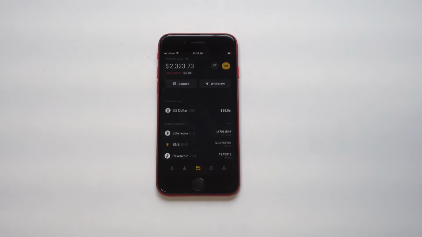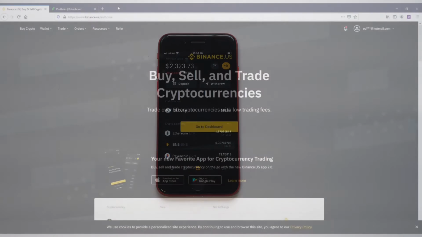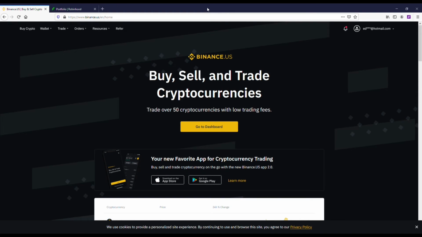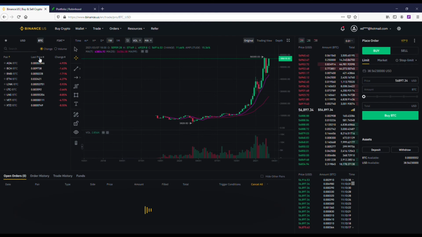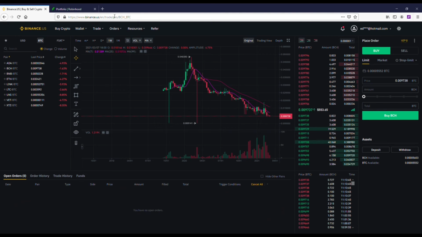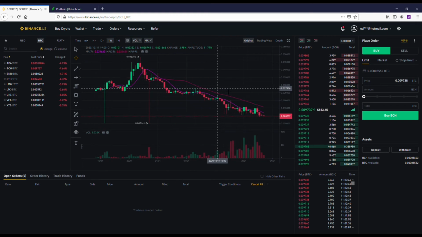Okay, so now we're going to get into the money making aspect of using Binance US, and what you're going to need to do here is what's called swing trading. So I don't have a ton of money in Binance US right now, but I've used it for trading quite a bit. And basically what you want to do, and I'm just going to pull up a quick chart here on Bitcoin Cash. When you get into a crypto coin, you don't want to be buying when it's going up, right? So if I pull up the weekly and the monthly on this, you can see that Bitcoin Cash